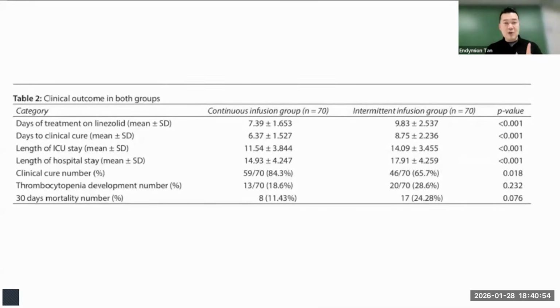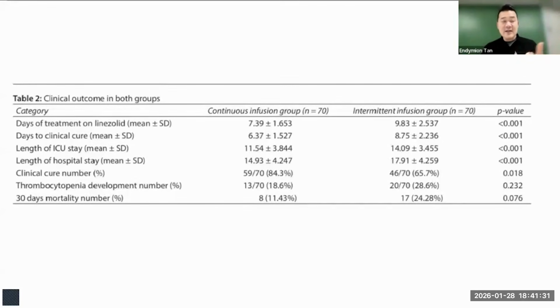And they found out also, for those on intermittent infusion, which is also in my clinical practice, and I believe in some of my colleagues', we have also noticed that with linezolid infusion we see a lot of patients having thrombocytopenia. So perhaps this is something we can look into, because I use the intermittent infusion. When I ask some of my colleagues, we have not yet really tried using the continuous. So maybe this is something we can look forward to in the future, on what is the best way